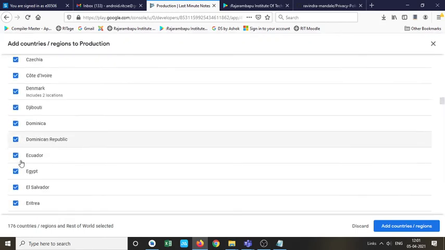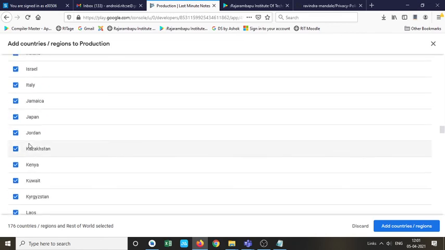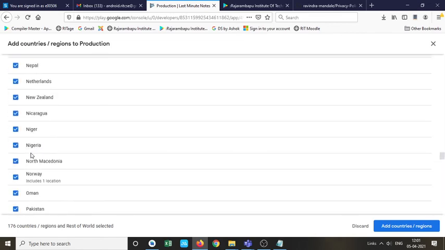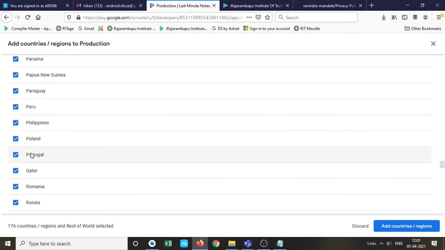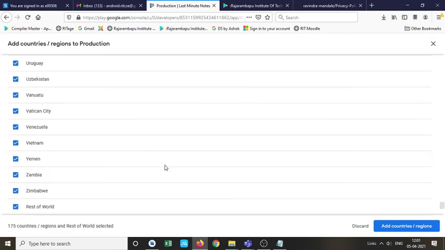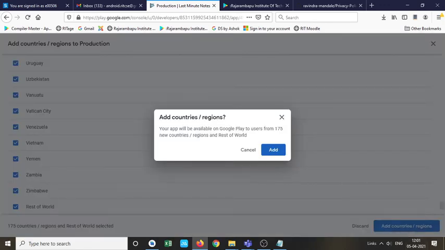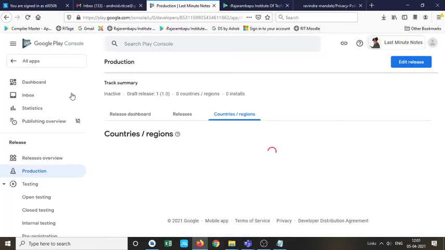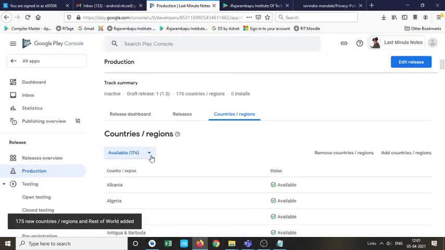We'll ban Pakistan from here. See, your app will be available on Google Play to users from 175 plus countries. Add. So see, 176 countries.